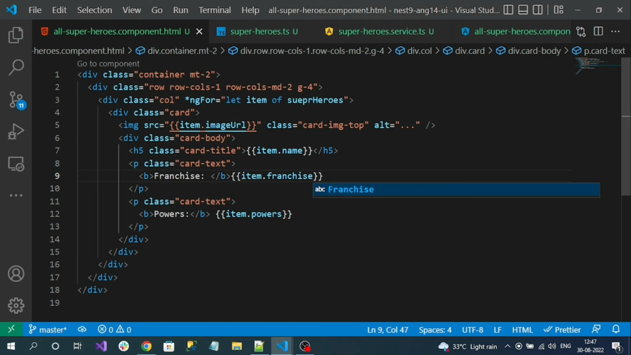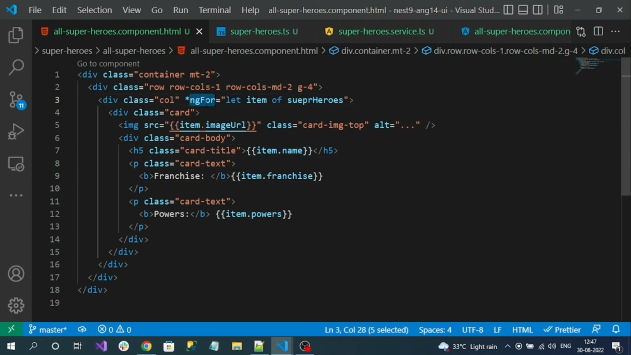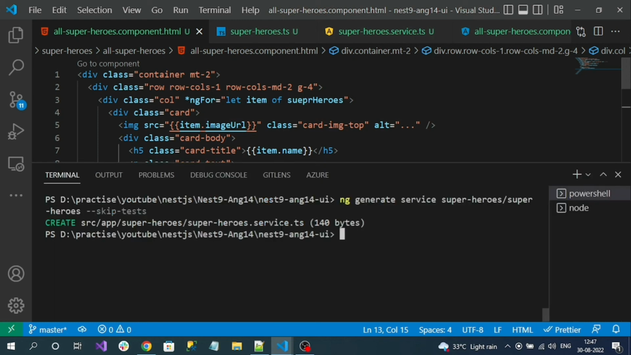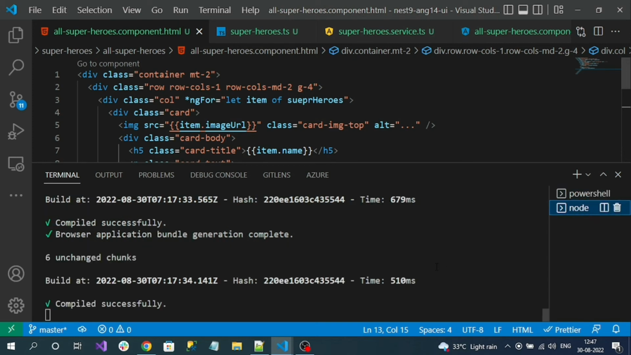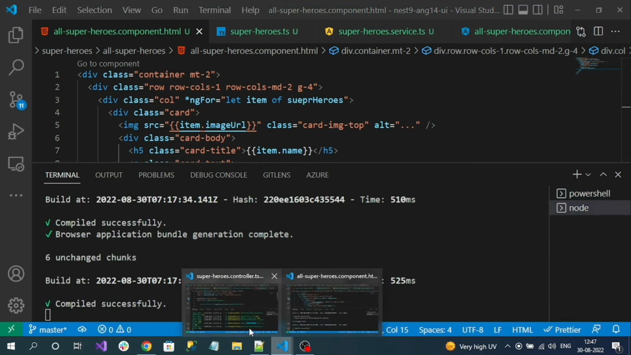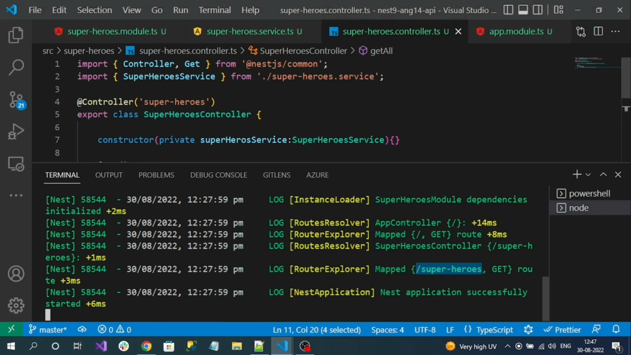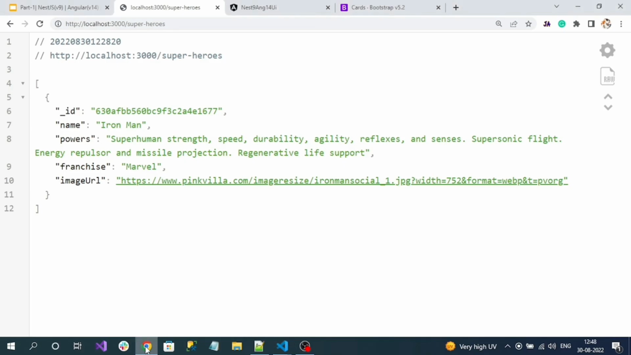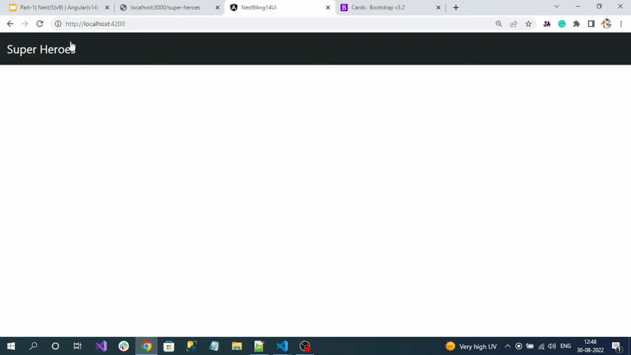For binding, we have to use flower braces. For looping, we have to use the star ngFor directive. Now I am done with my logic. My read operation is completed both in NestJS and in my Angular application. Now let's test them. Make sure both the applications are running. Here my Angular application is running, and here my NestJS application is running. If I reload the Angular application,